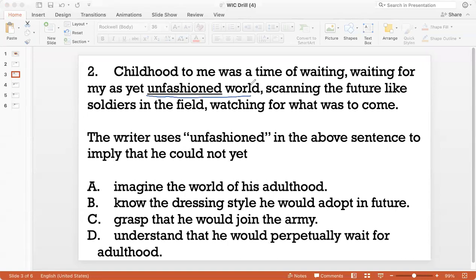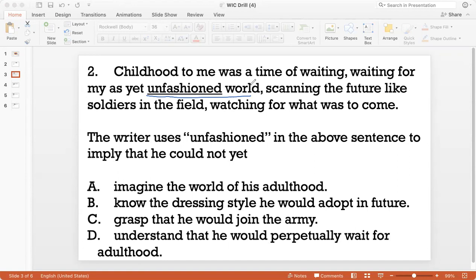So the narrator describes the future as something which would be complete, which would be full, and something that he could not imagine yet as a child. He would scan the future like soldiers in the field, not knowing what was to come, watching for what was to come. The writer uses unfashioned in the above sentence to imply that he could not yet imagine the world